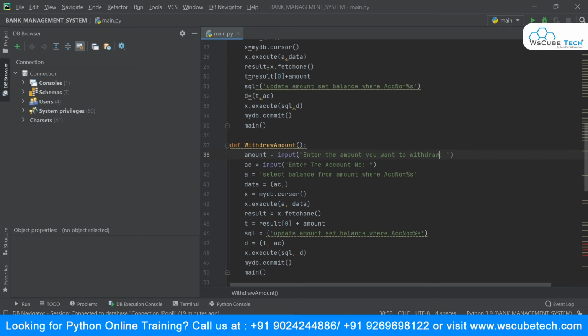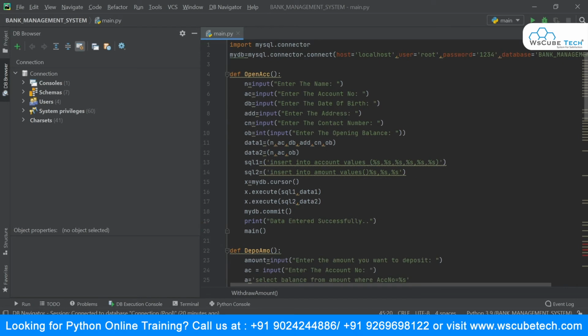And then this would be the same. Instead of adding here, I will say minus that amount from whatever result you get at the index. We are just going to update this and set balance, so this will also be the same. The code would be the same, just in this withdrawal amount we are going to subtract whatever amount he or she takes out. So I will minus that from the current balance which I have, and that is the code I have written over here.